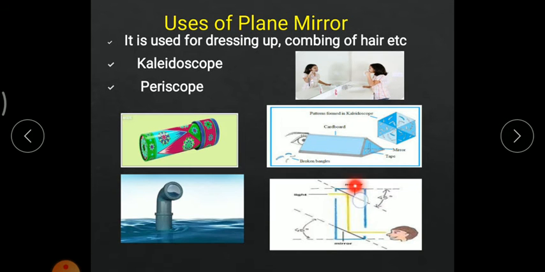Now this is the working of a periscope. This person can see an object which is not in the direct line of contact. As you can see, this person's direct line of contact is over here. Now a mirror is placed at an angle of 45 degrees. Another plane mirror is also placed at an angle of 45 degrees, and from this line of sight the person can see at this particular angle. The person can see this thing mainly because of the plane mirrors. This sort of arrangement is termed a periscope.